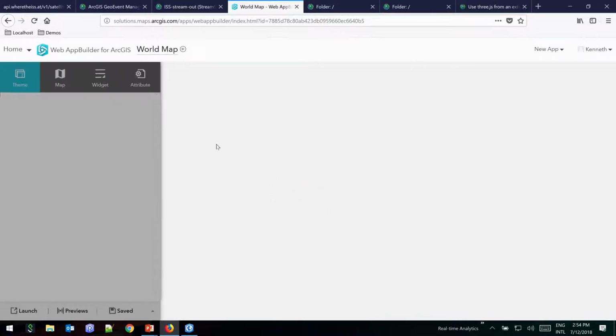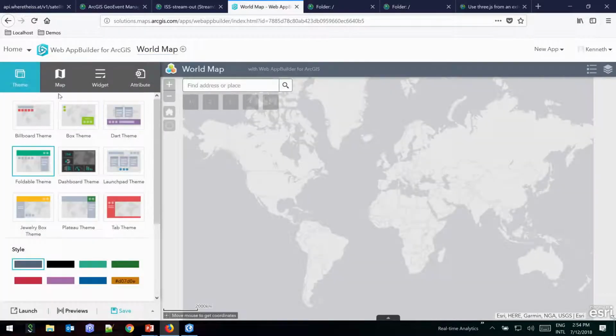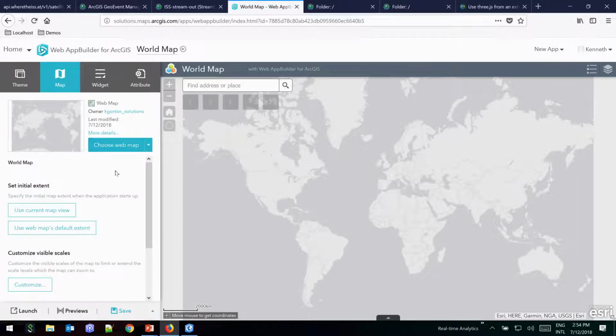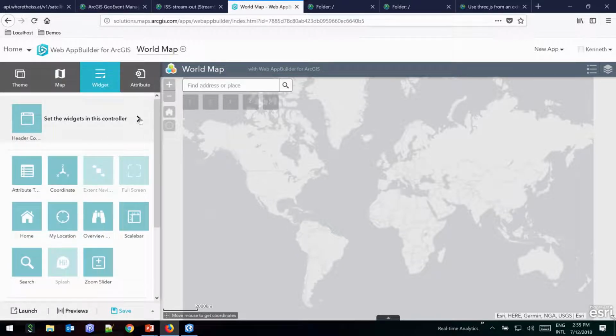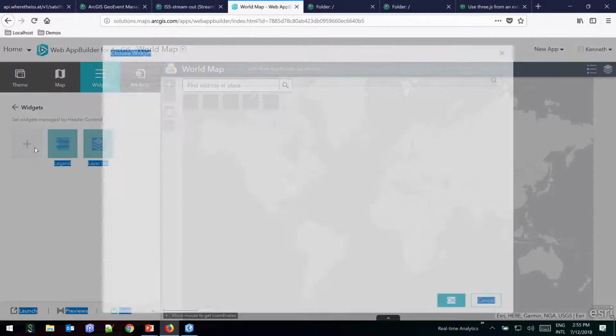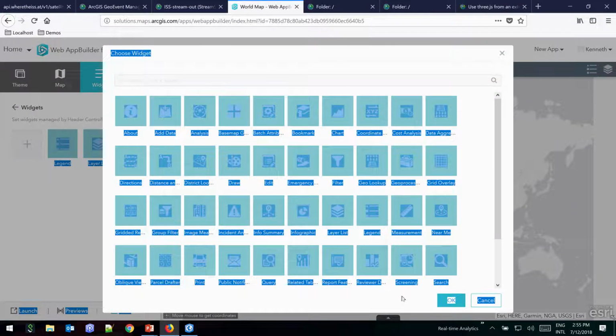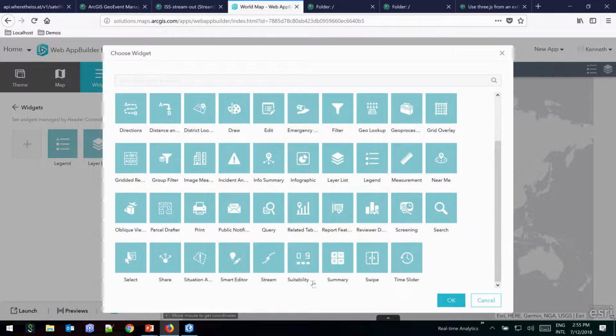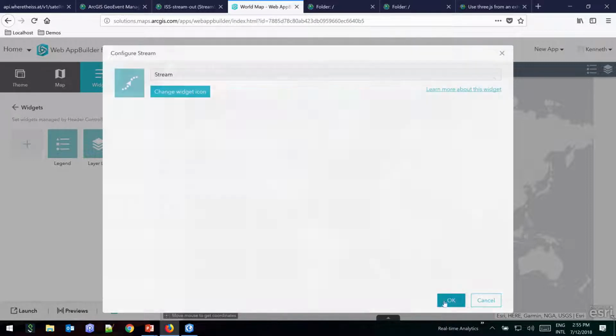And immediately, just by default, it picks up most of the characteristics of the web map. So, you know, I could choose to change the web map, but that's the web map I'd like to work with. The key here that I'd like to demonstrate is going to the Widgets tab and adding the stream widgets here. It'll recognize that I have a stream layer in my web map and will allow me to leverage that